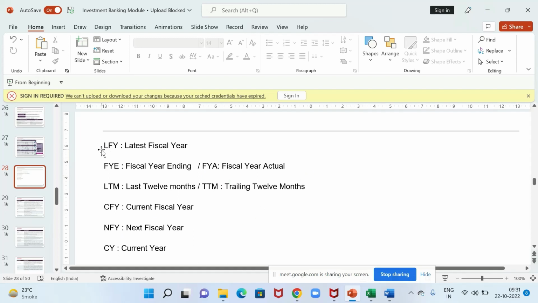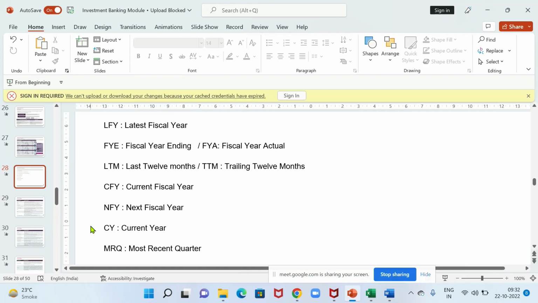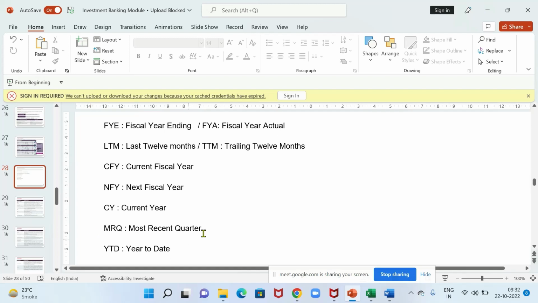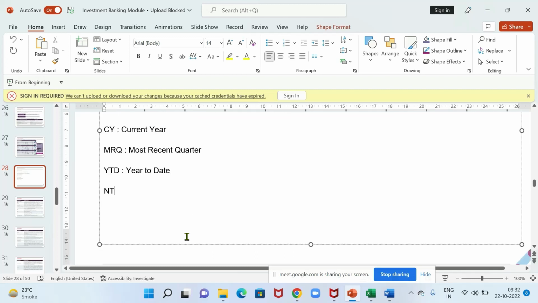So LFY, latest fiscal year. FYE, fiscal year ending. FYA, fiscal year actuals. LTM, last 12 months, slash TTM, which is trailing 12 months, meaning the last 12 months. CFY, current fiscal year. NFY, next fiscal year. NTM, next 12 months. CY, current year. MRQ, most recent quarter. YTD is year to date. NTM is,